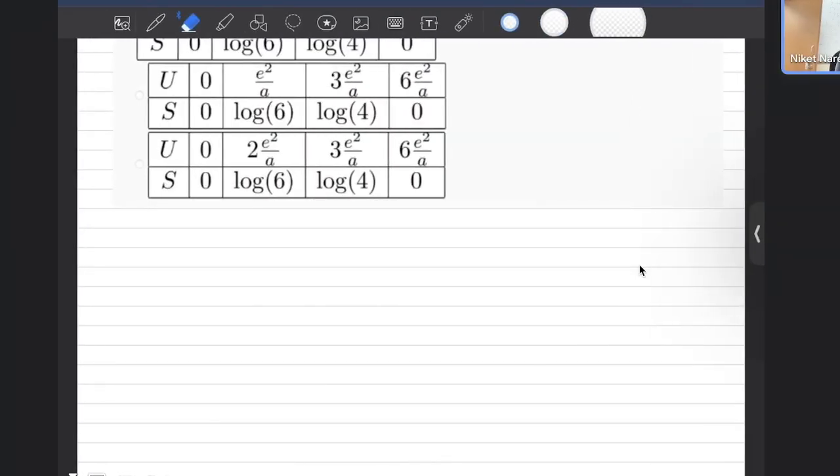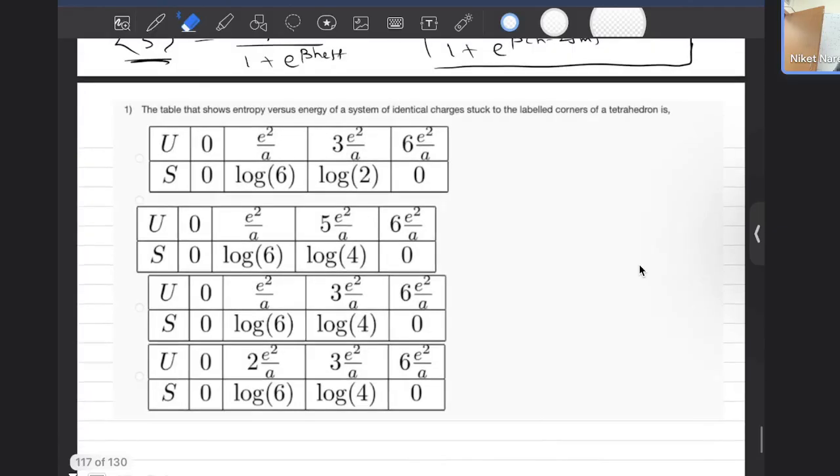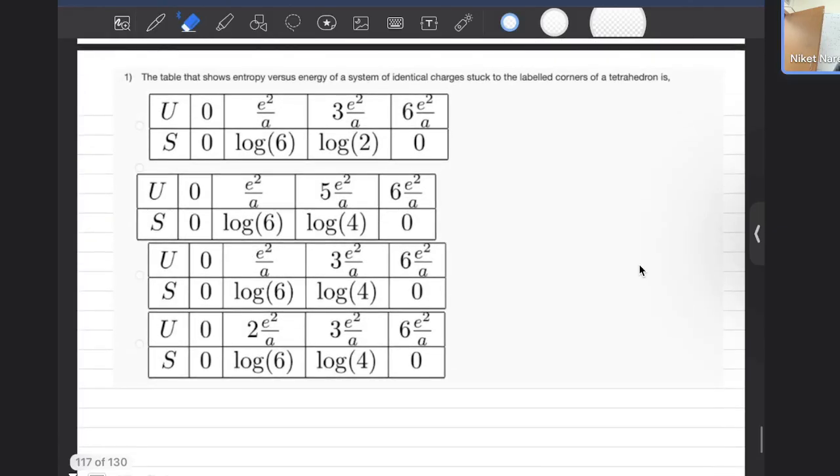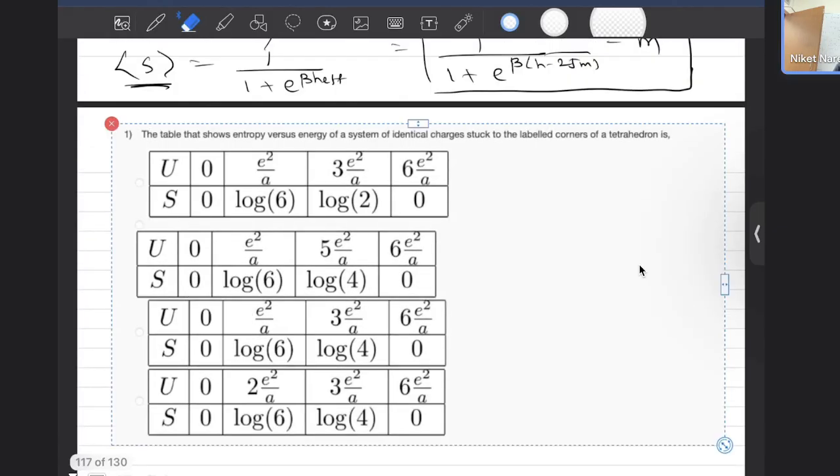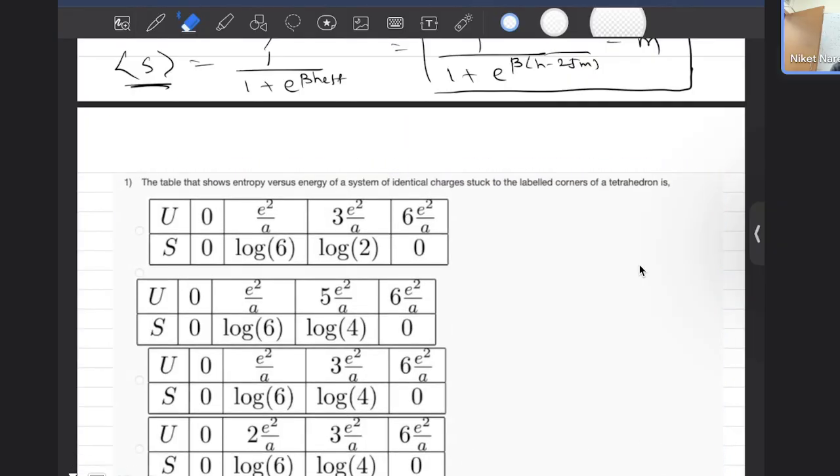Okay, so let's start this. Today we are going through tutorial 7. This is basically the first question of tutorial 7. I'll just write it down here. This is tutorial